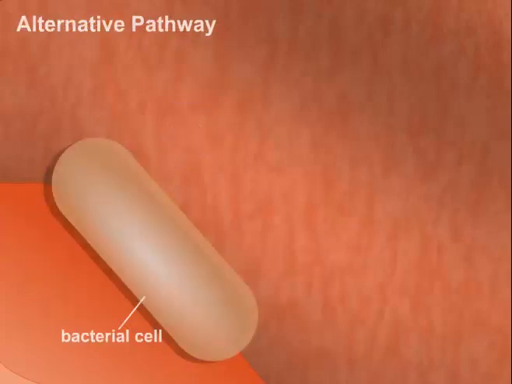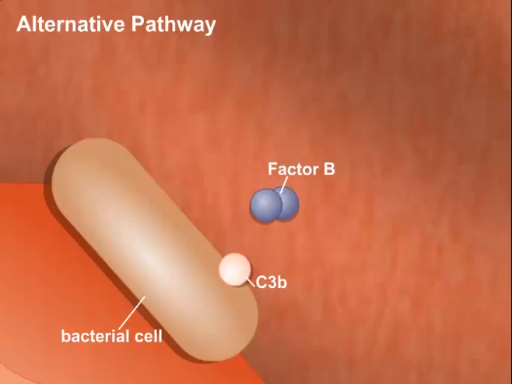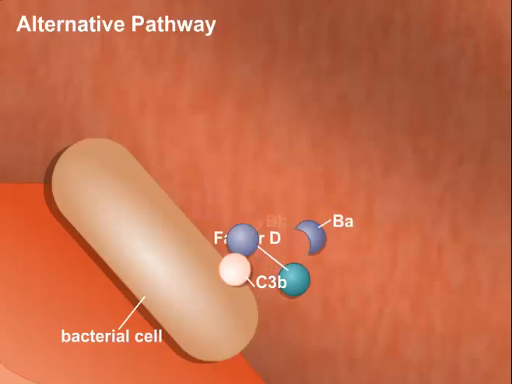The alternative pathway does not require the presence of antibodies. Activation begins with cleavage of C3 into C3a and C3b, either spontaneously or by a blood protein. C3b binds to foreign substances. Factor B, a blood protein, attaches to C3b and is cleaved into 2 fragments, Ba and Bb, by factor D,